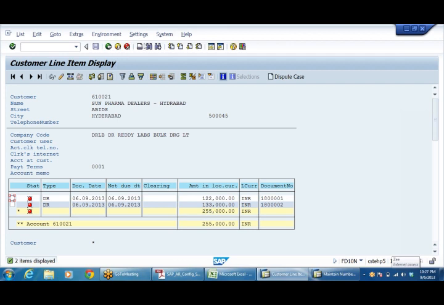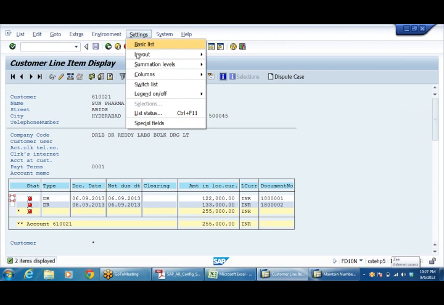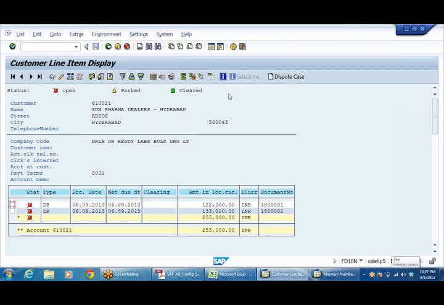And here settings, legend on of icon. See, red means open, parked, this is cleared. What is meant by cleared? If payment is received, then we call it cleared. So clearing of open items is a topic that we'll see later.